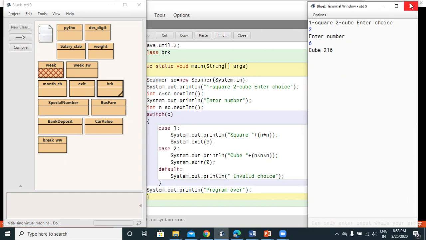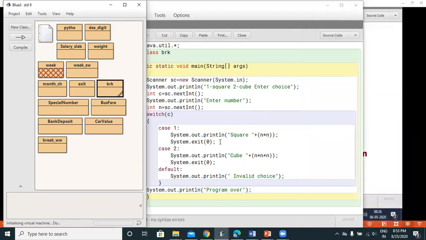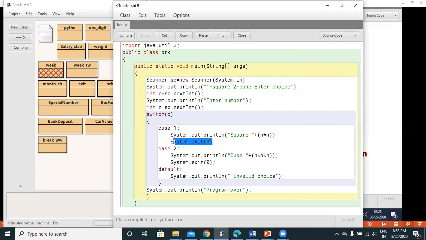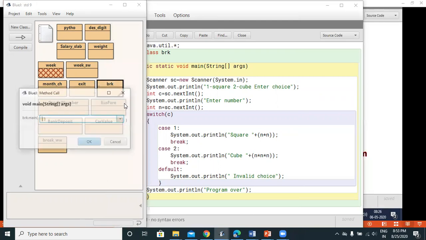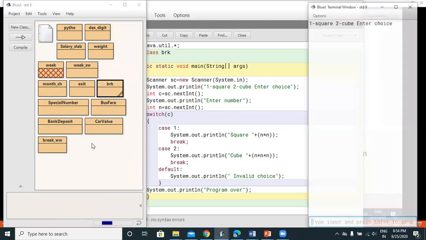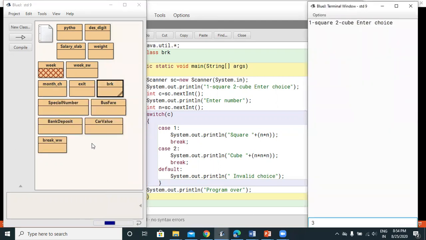Now in place of System.exit we will use break. Now I compile it. Now you can see the same thing. I will enter 3 as my choice, and I give 6.